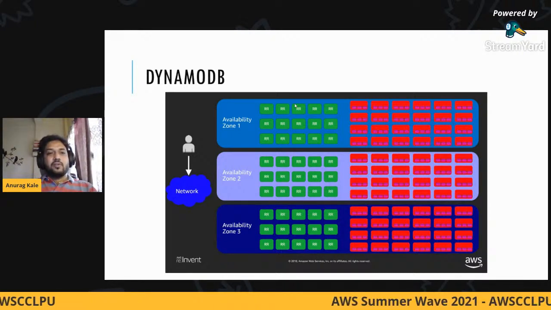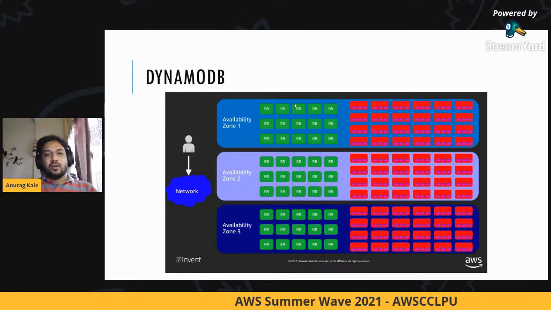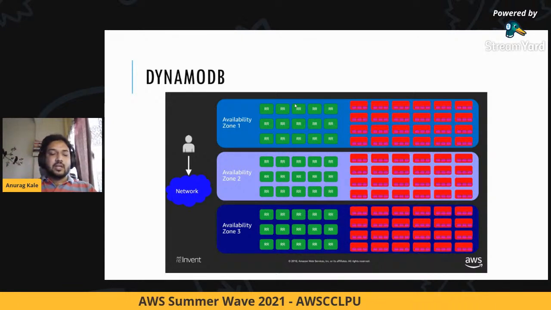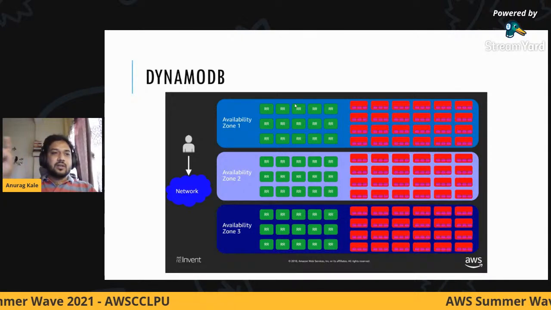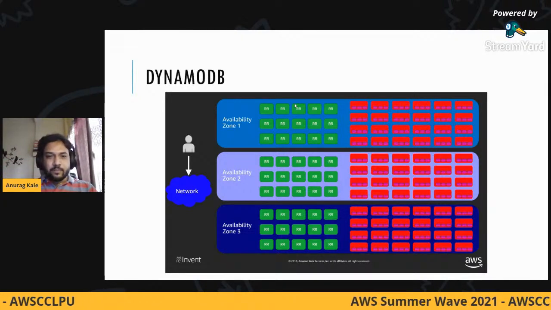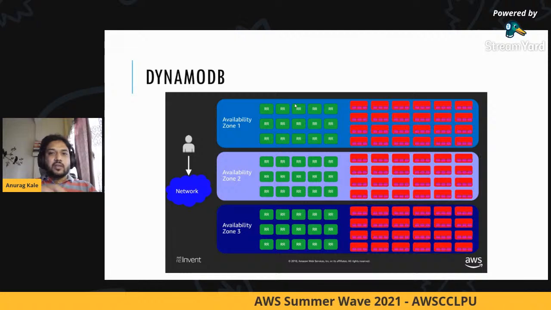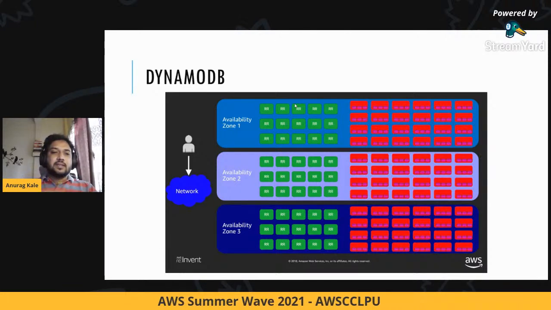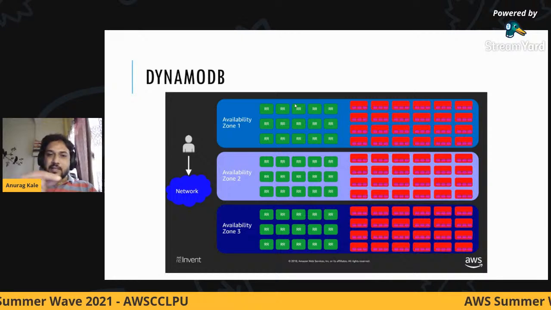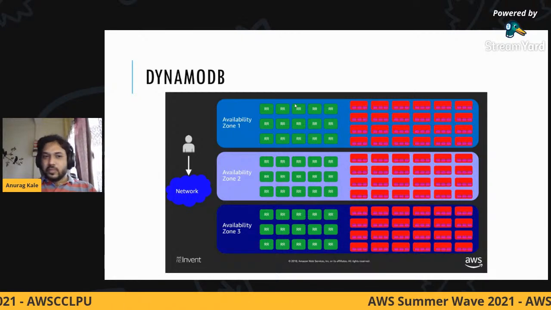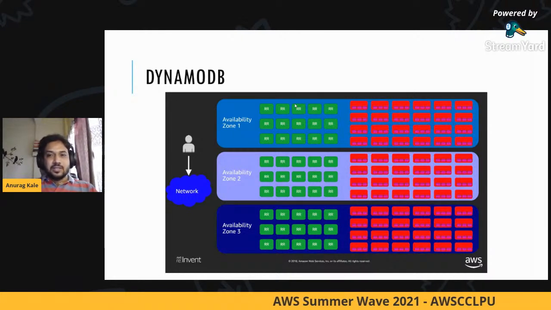Whenever you log in to the AWS console and you choose, in a drop down, a Frankfurt region or a Singapore region or a Mumbai region, in the next step you choose one availability zone or one data center within that region, or AWS will choose it for you depending on the service. So how does DynamoDB work?